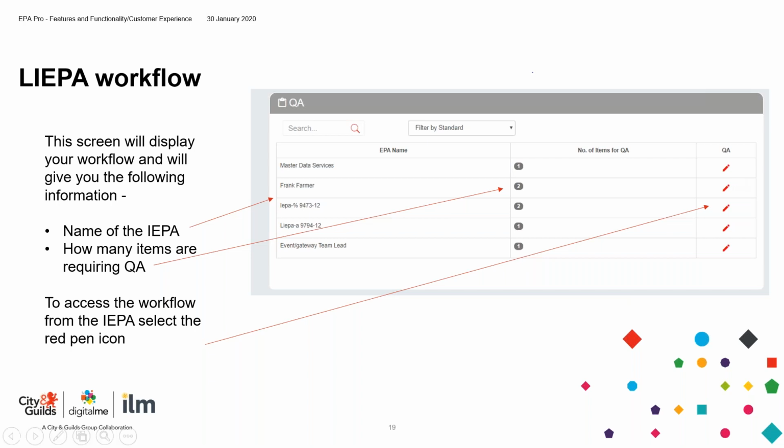Now, as I've already said, this is all well and good, and at beta, we're expecting very low volume. So what you will see here will probably be in the 1s and 2s. And we'd encourage you to engage with EPA Pro very regularly so that you're able to clear your quality assurance work when it comes up. However, when this starts to be larger, as we work through March and as the beta proceeds, you might get larger numbers here. And one of the problems that we've identified is, how do you know where to go first? How do you know which work to quality assure first? And that is an issue.